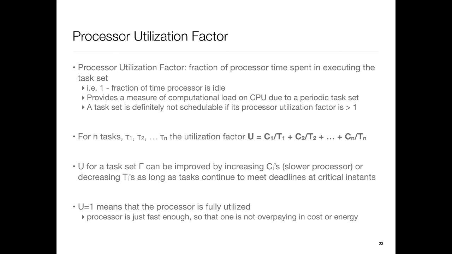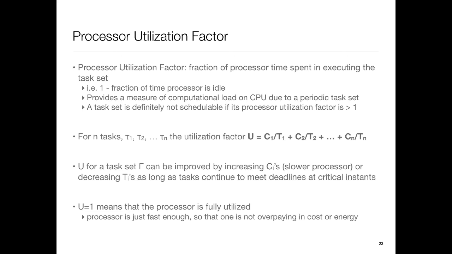Okay, U equal to 1 means that the processor is fully occupied. I have no laxity left. U less than 1 means that the processor has some spare capacity. But it could be, as we saw in an example earlier, that I cannot increase the C anymore because I'm just schedulable. Any further slowdown of the processor or any more increase of C, like I add an additional piece of code, some operation in the function, may cause